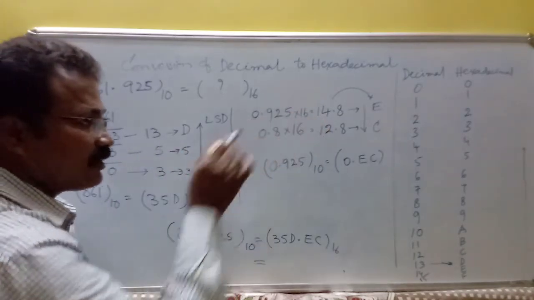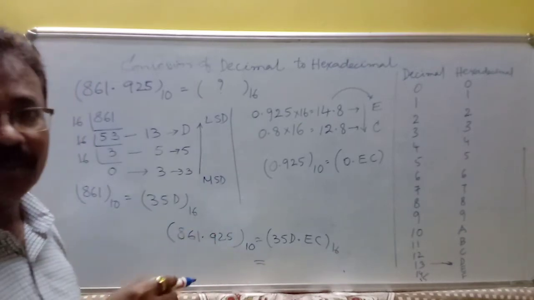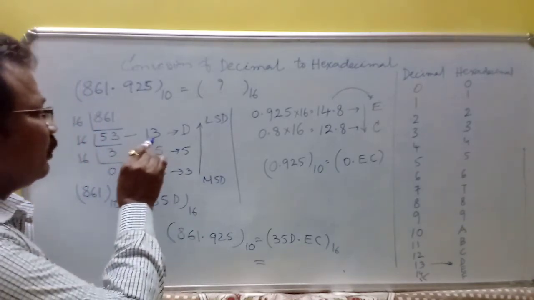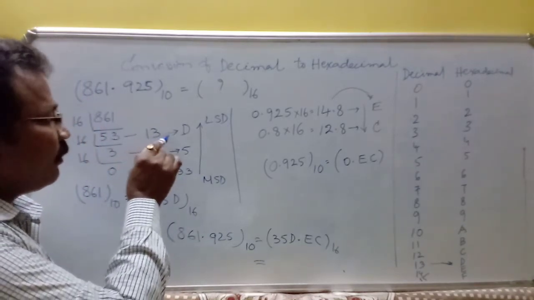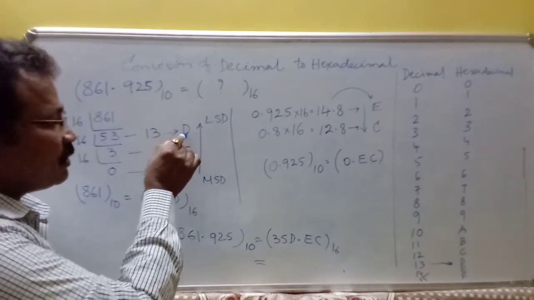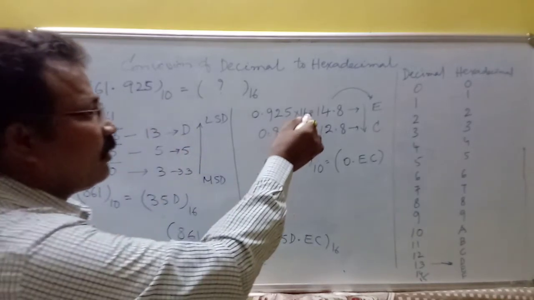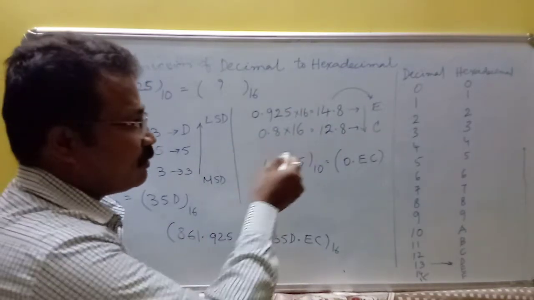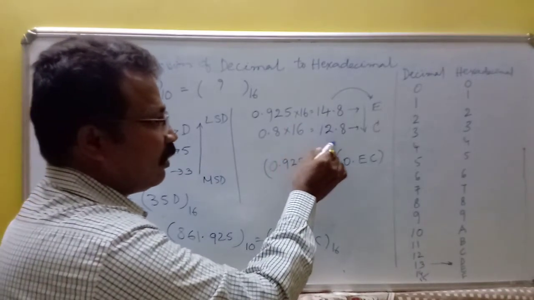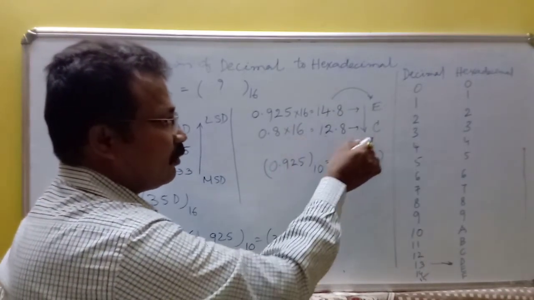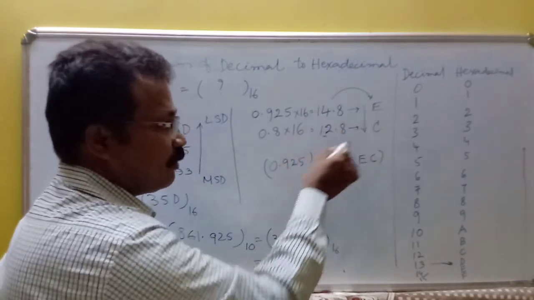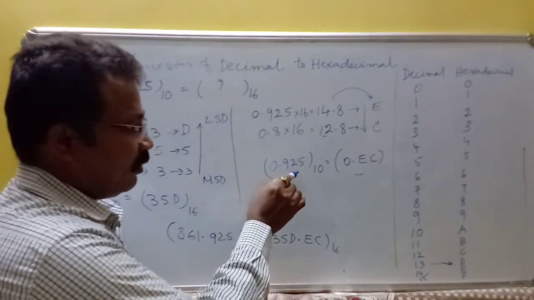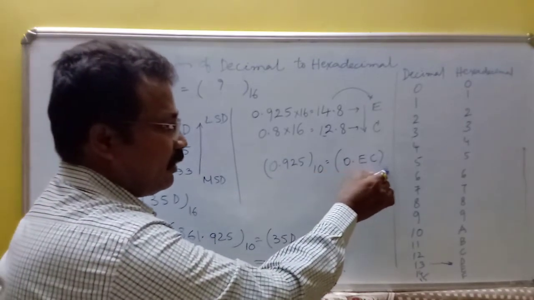So while converting from decimal to hexadecimal, you have to convert the decimal number in integer part and fractional part into hexadecimal numbers. Here for example, the remainder is 13. Immediately you have to convert that remainder 13 as hexadecimal number D. In the same way, here the integer part is 14, that should be converted into its equivalent hexadecimal number E. Here 12, you have to convert into hexadecimal as C. So finally, you have to write the answer of the fractional part into its equivalent hexadecimal number.